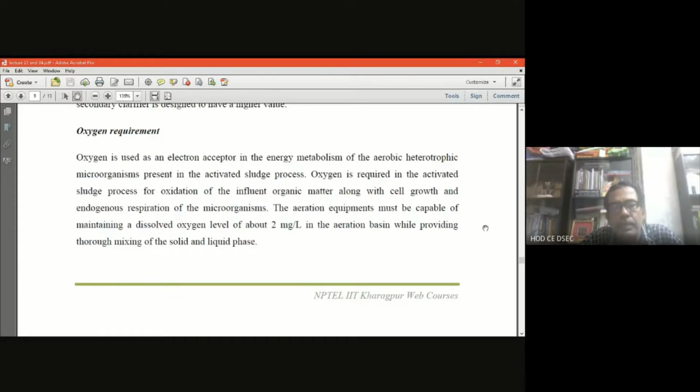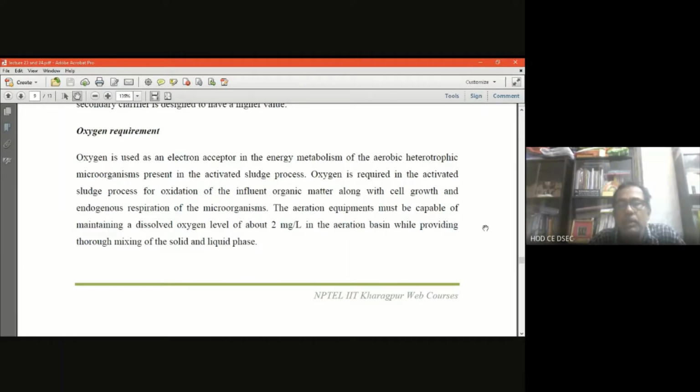Today I will discuss the activated sludge process, although we gave an indication of the introduction of the activated sludge process, that is the suspended growth process, in my 21st lecture, if you remember. So today I will deliberate the activated sludge process in detail, that is the derivation of the various kinetic models and equations we will be using, and the numericals will be discussed on the activated sludge process.